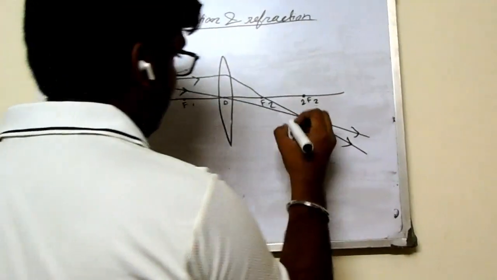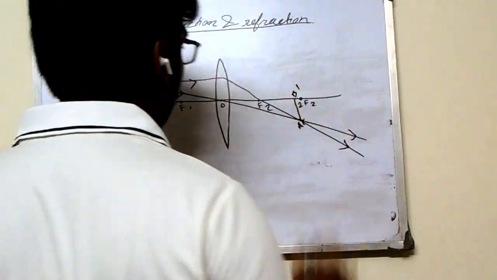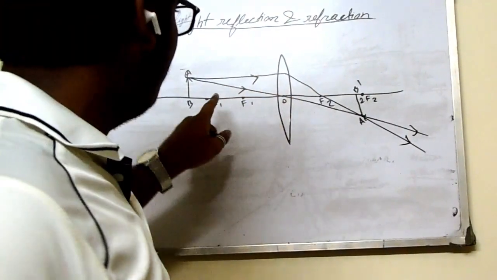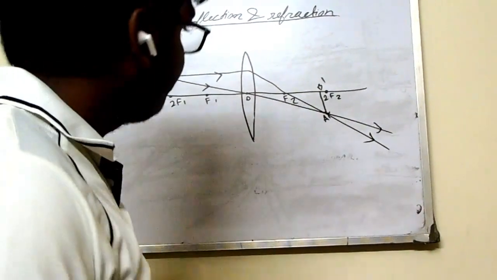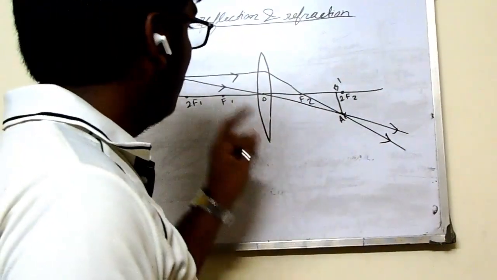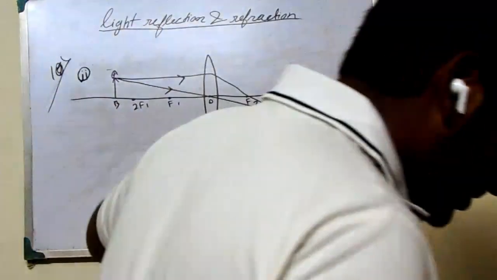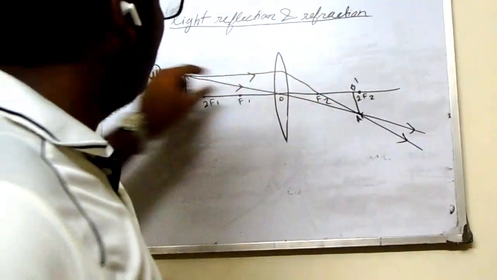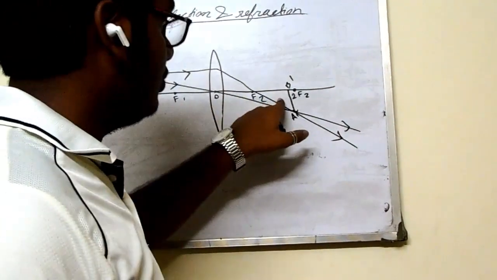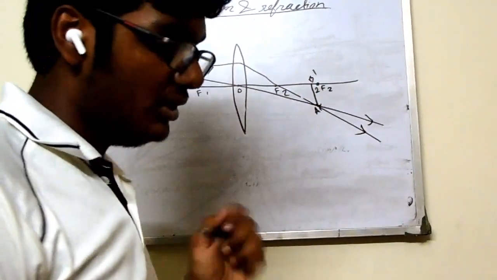A, B, A dash, B dash. The position of the object is beyond 2f1. Position of the image is between f2 and 2f2. Size of the image, same size of the object, and the nature virtual but inverted. Okay,